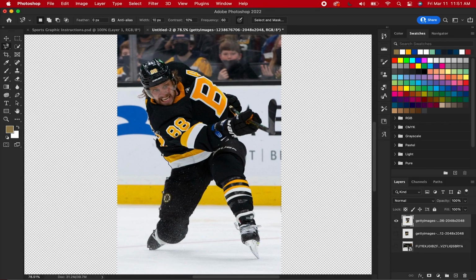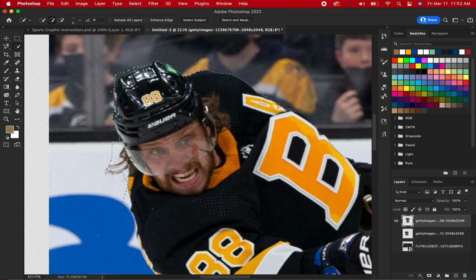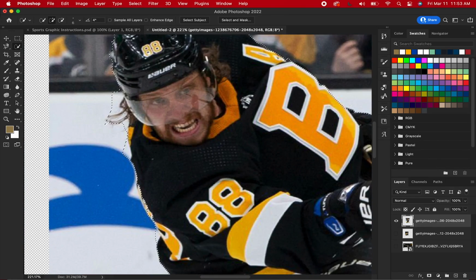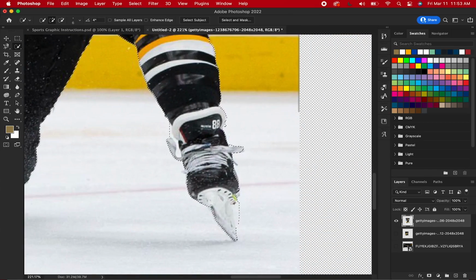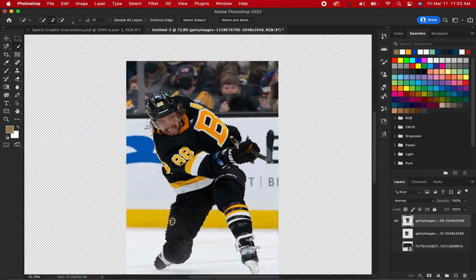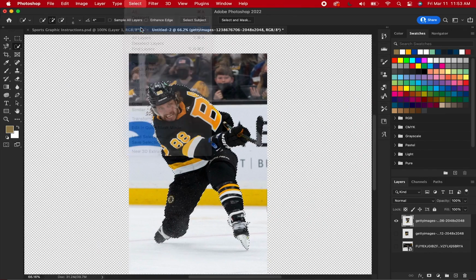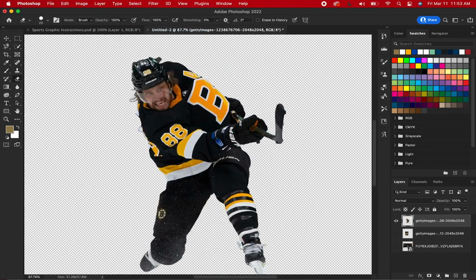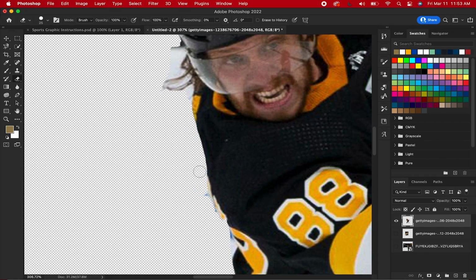Use the magnetic lasso tool and quick selection tools to cut out the full body image of the player. Hit Select, Inverse, and then hold Command and hit X to delete the background.